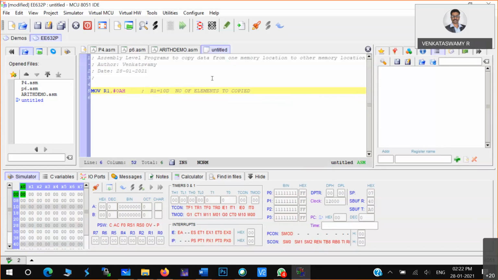This is the meaning of that particular count value. In brackets, you can put count value. Now this gives a clear picture of what exactly we are trying to do. So, count 0AH.